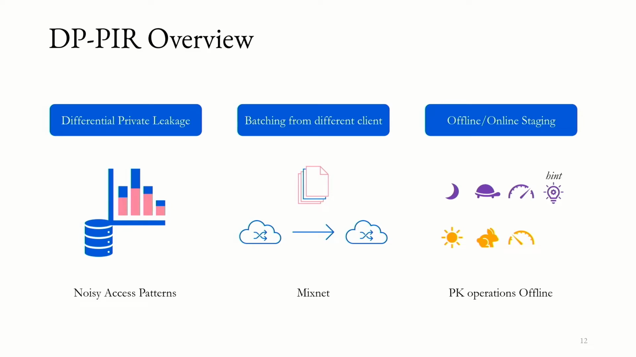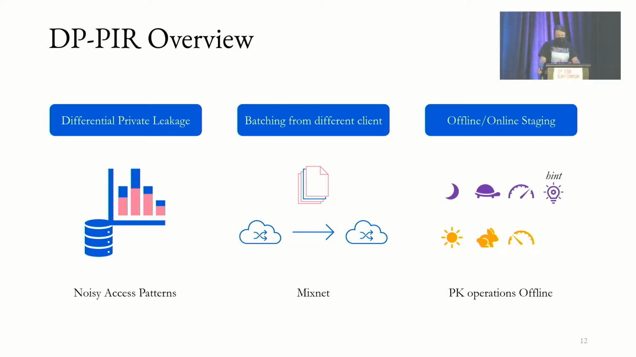At a high level, DP-Peer combines three techniques. First, we reveal a noisy histogram of all the queries to the service. This protects the queries of any given user with differential privacy, and we intentionally accept this leakage in order to provide good scalability. Second, our